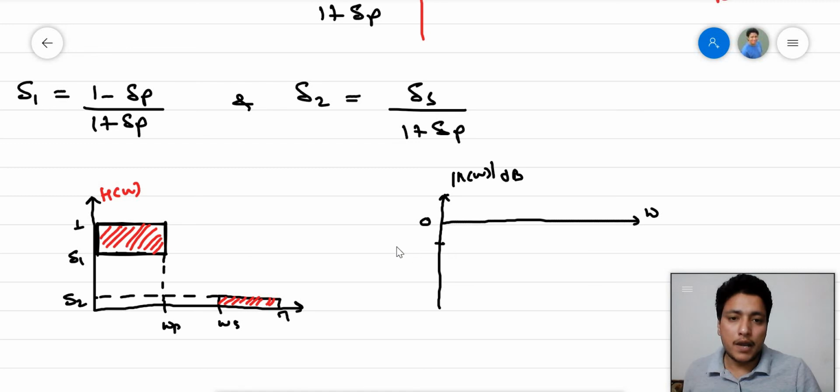So we have a minus of AP here, and then we have a minus of AS, and we have a frequency omega P and frequency omega S. So AP goes to this point, and from omega S